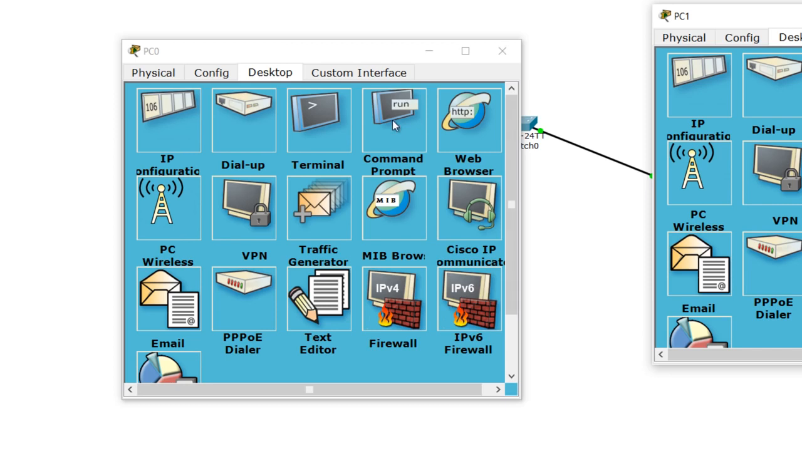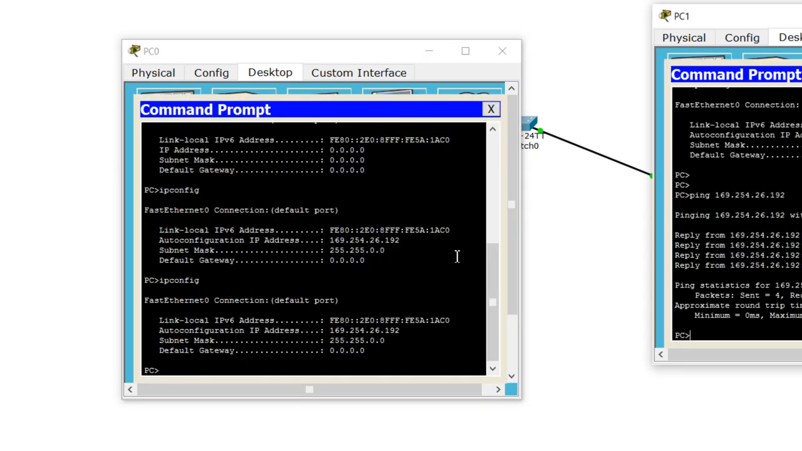Now how is the link local generated? Like we discussed, FE80 means this whole part is the network part, and these 4 blocks of hexadecimal numbers are the host part. So 2EO8, and if you can see here, FE has been added in between. This device has a MAC address of 2EO8F5A1ACO, or rather, it would be starting with